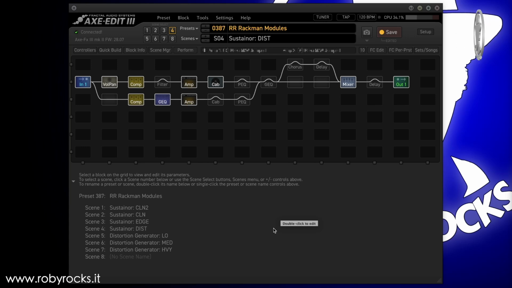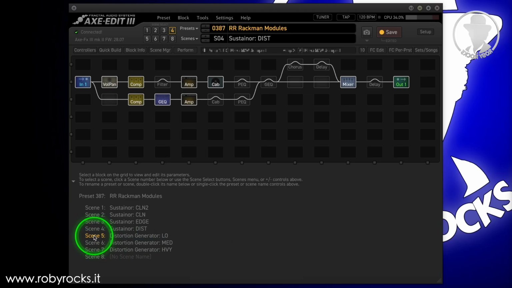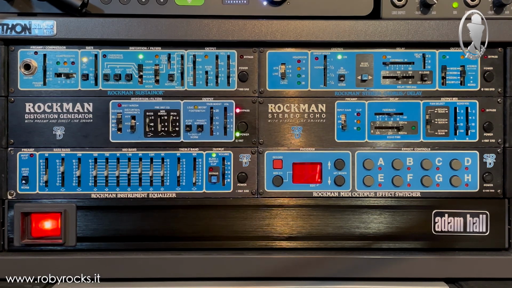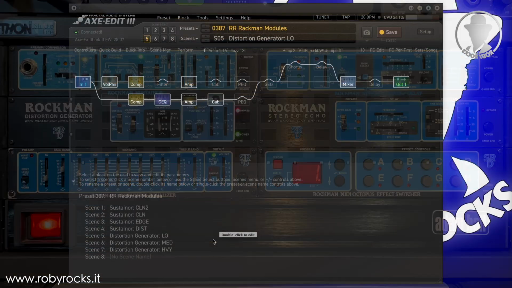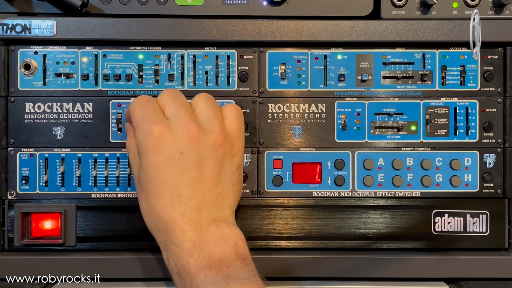The remaining scenes 5, 6, and 7 activate the distortion generator, specifically the 3 levels of distortion harmonics. Distortion harmonics low level. Distortion harmonics medium level.